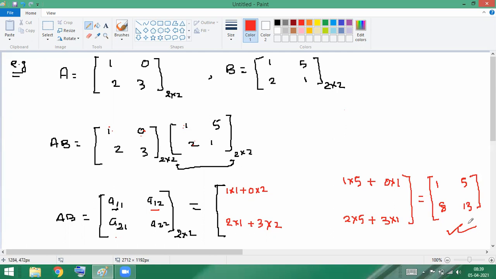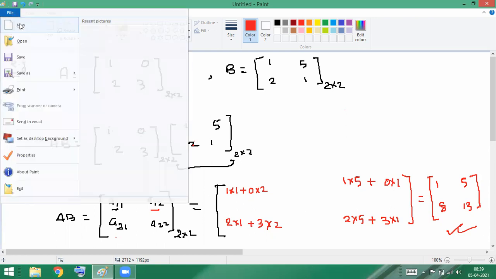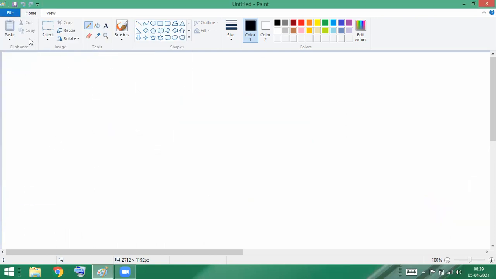Does everyone follow all this part, what is going on and what is not? Okay, don't worry, you will get so many questions for this, so you have to do all those questions. First you have to do all the questions, then whatever doubts remain I will tell you. So don't worry about it. First understand the concept behind that.